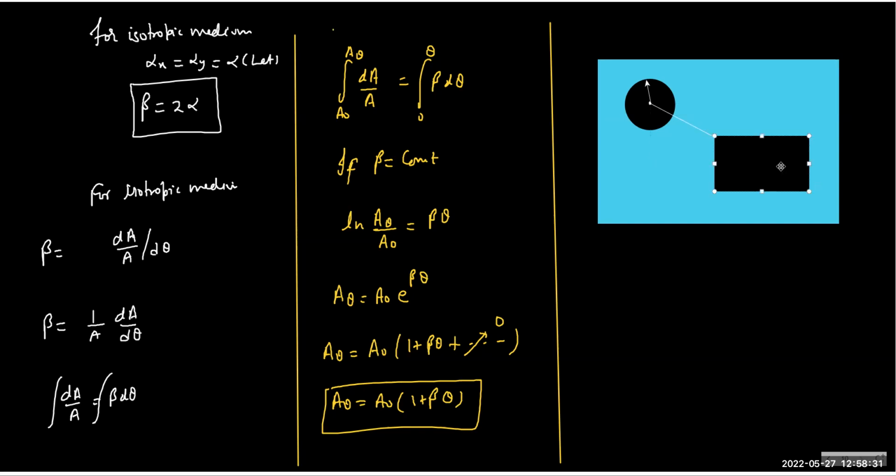Okay, let me make it square so that I can have less. So let's say the side length is B, this is A, the gap is C, and this length is